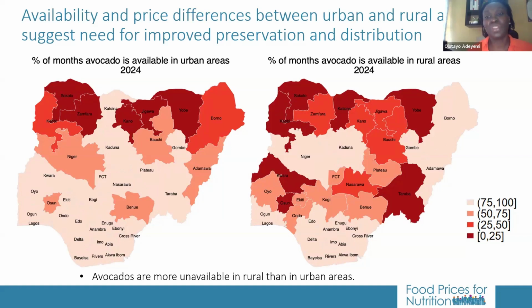So when you look at the number of months where avocado was unavailable in rural areas, you have avocado unavailable more months than if you looked at it in the urban areas. And this analysis looks at rural and urban areas of the same states. So again, this also reflects the fact that there's a lot more to be done with preservation as well as